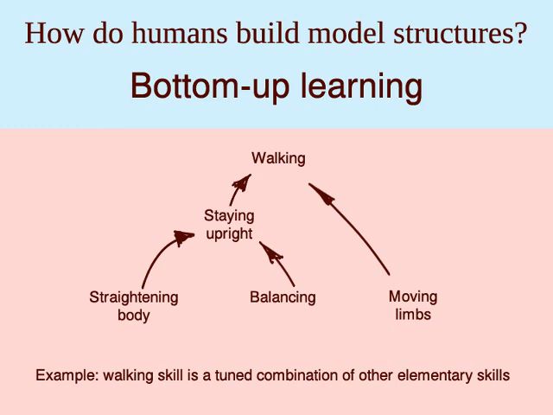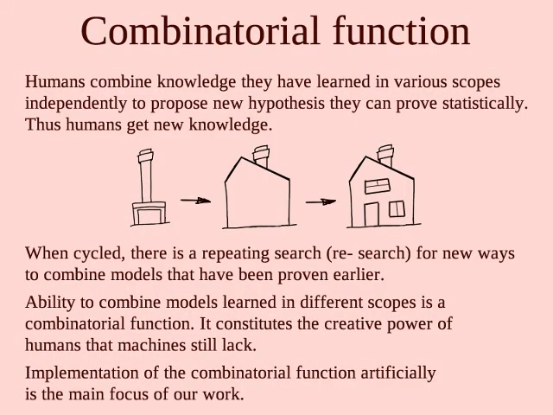And you can note that each of these skills can be used not in just one combination, but in many combinations for solving various problems. So one thing is to train a model, and another thing is to learn how this model can be used in combination with other models. And this second thing is very important for learning as well.